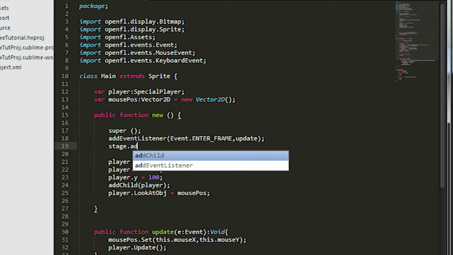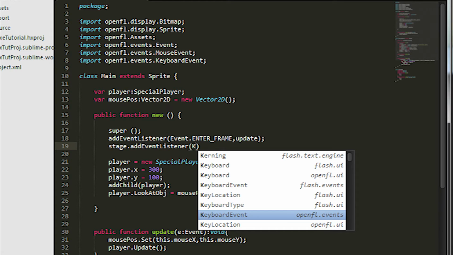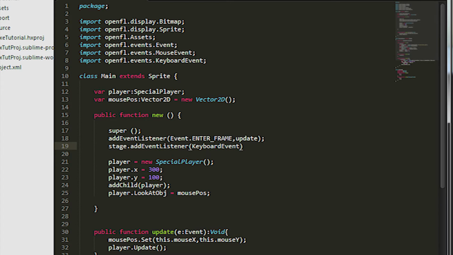So add event listener. So yeah, if you're running into issues like your event listener is not running for some reason, you might have forgot to add stage. Just something to check in case you need to. Keyboard event dot key. This is all caps. Key underscore down. So this is when your key actually hits, when it's activated, not when it's released. And we're going to make a function called